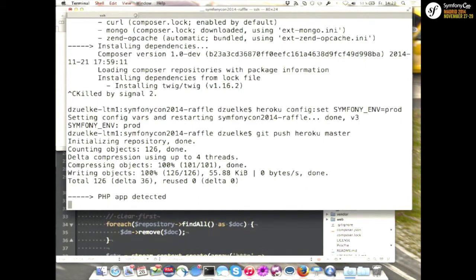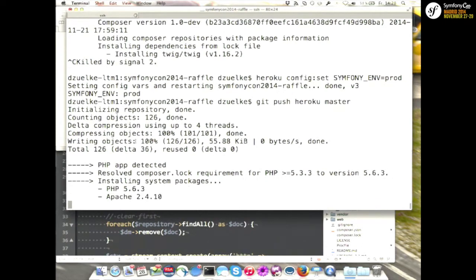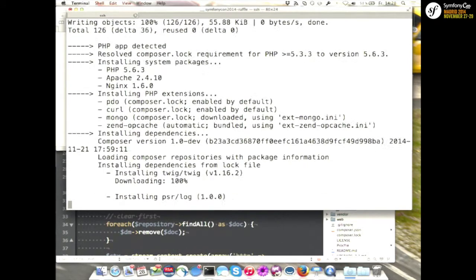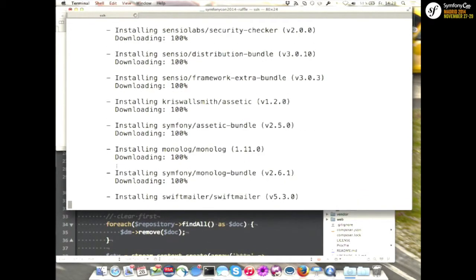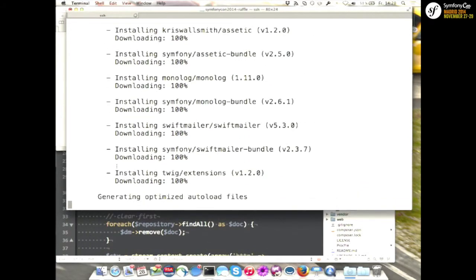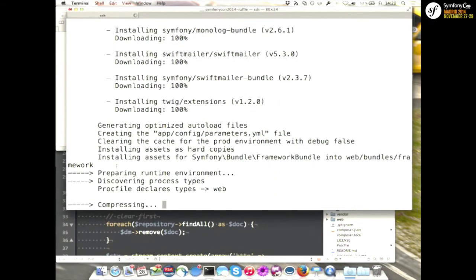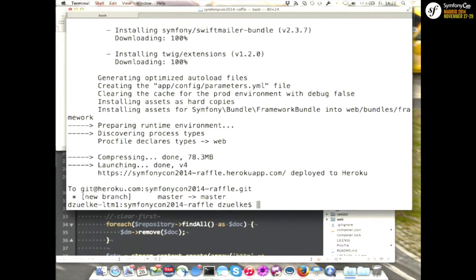And because I'm using the Doctrine Mongo ODM bundle, for instance, it knows that, okay, in the composer.lock, it requires the Mongo extension. So it's installing PHP now, Apache, and Nginx, so we can use both. And then here it installs Mongo, curl, and PDO, obviously enabled by default, and doing a bunch of things. And it's launched,